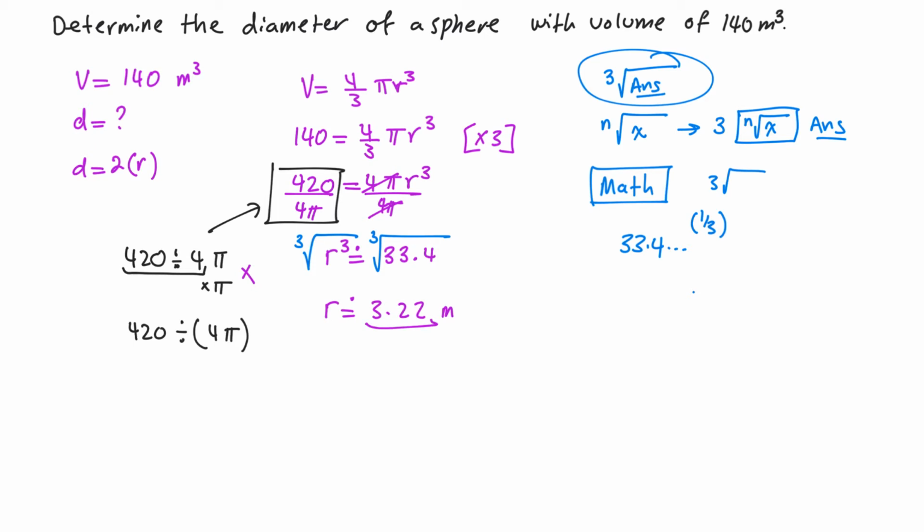Now another side note here, and I want to cover this because it's a little confusing to just give you this set of information and say you can raise it to the power of 1 over 3 and it will just work. I just want to show you how this actually works. So if I have r cubed is equal to a value, let's say x, if I raise both sides to the exponent 1 over 3,